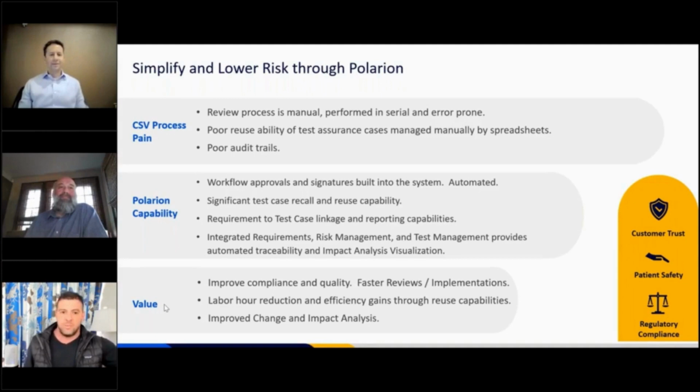And one of the things I wanted to point out to our leadership was where these pain points were. Just to highlight a few, with the test script relationships, even with the risk-based approach, it was very manual and still quite error prone. So with Polarion, workflow approvals and signatures are built into the system, which was fantastic and can be automated. And that's creating that digital thread in the system that can easily compare and provide a summary of relationships